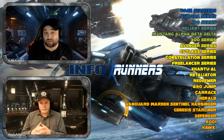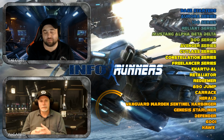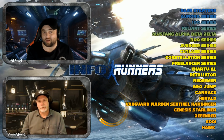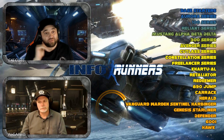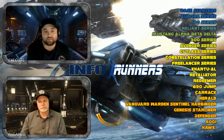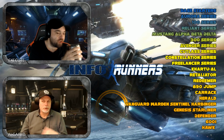890 Jump, I'll talk about this one. Like a lot of the Origin ships, they are really self-reliant. It is really a VIP suite shopping mall flying in the sky. It's got all these guns on it to defend itself. You don't want any other ships around you cramping your look, because they just look ugly compared to this thing. So yeah. And while you could class it as a fleet ship, it does have the